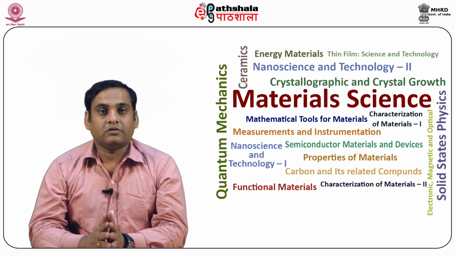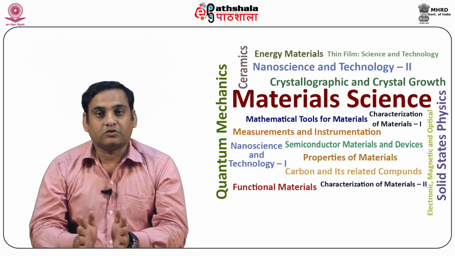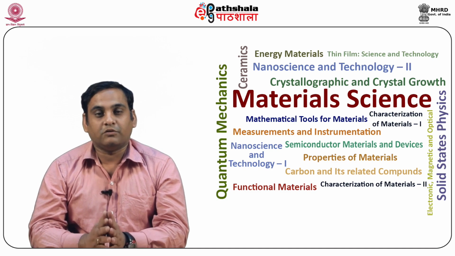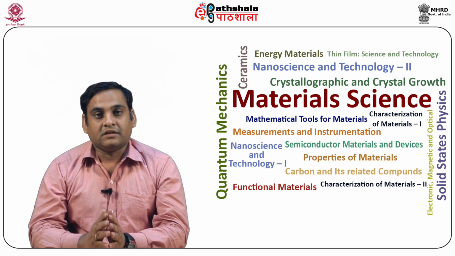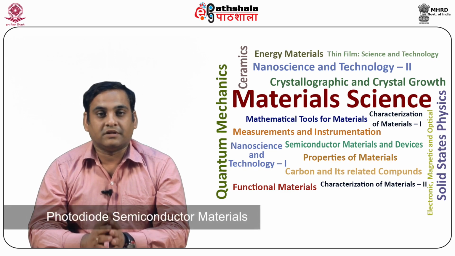For example, for silicon, Eg is equal to 1.12 electron volt and lambda g is 1.11 micrometer, whereas for germanium, Eg is equal to 0.66 eV and the corresponding lambda g is equal to 1.87 micrometer. It is clear that silicon photodiodes cannot be used for optical communication at 1.3 and 1.55 micrometer, whereas germanium photodiodes are commercially available for use at these wavelengths. Table 1 lists some typical bandgap energies and the corresponding cutoff wavelengths of various photodiode semiconductor materials.